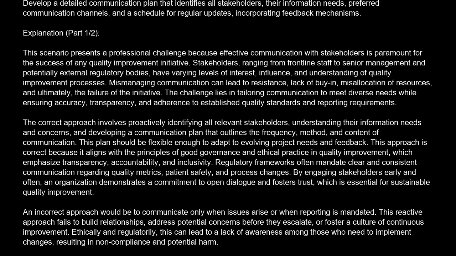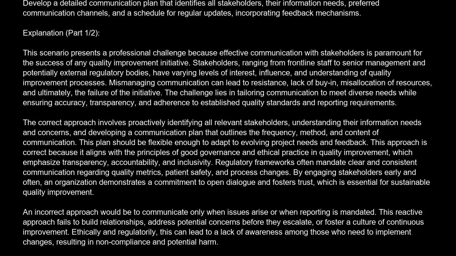This approach is correct because it aligns with the principles of good governance and ethical practice in quality improvement, which emphasize transparency, accountability, and inclusivity. Regulatory frameworks often mandate clear and consistent communication regarding quality metrics, patient safety, and process changes. By engaging stakeholders early and often, an organization demonstrates a commitment to open dialogue and fosters trust, which is essential